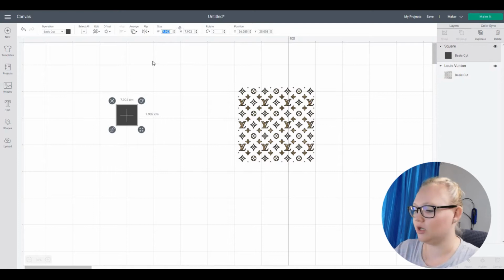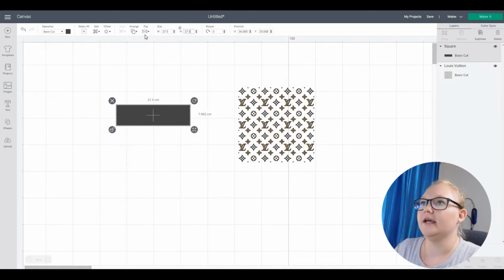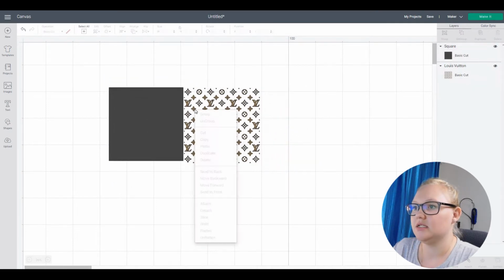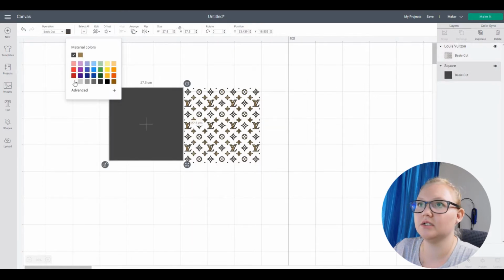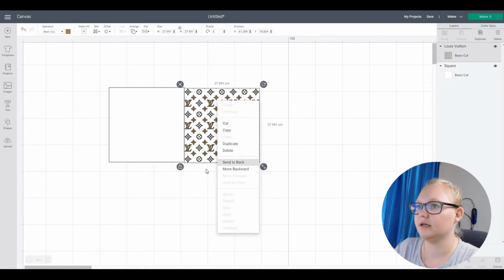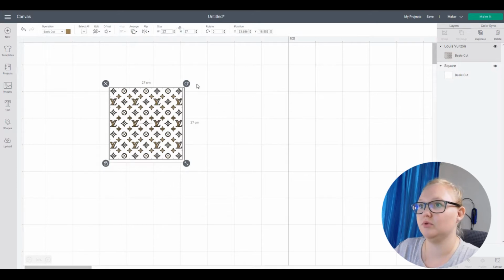Okay, so I'm gonna do a block, 27.5, so that I can make sure that my design fits on my entire mat. Let's move that to the front. Let's just make that white. Okay, actually let's make this 28 by 28. Okay, it is in front. Let's see. Looks like it's going to fit perfectly, but I think I'm just gonna make it 27 proportionately